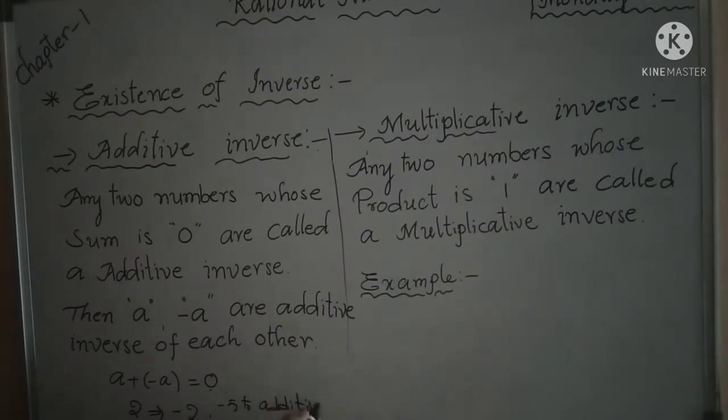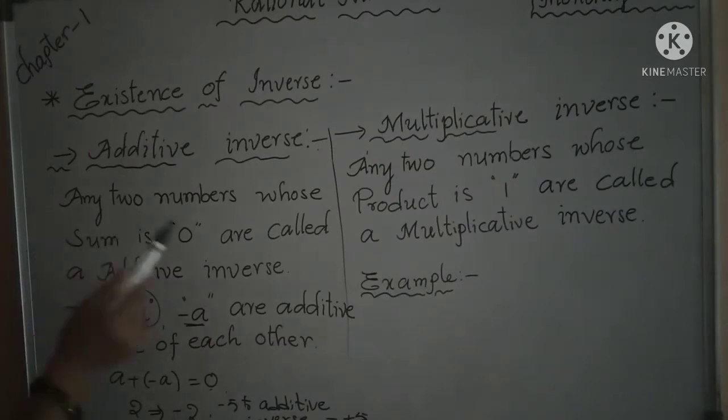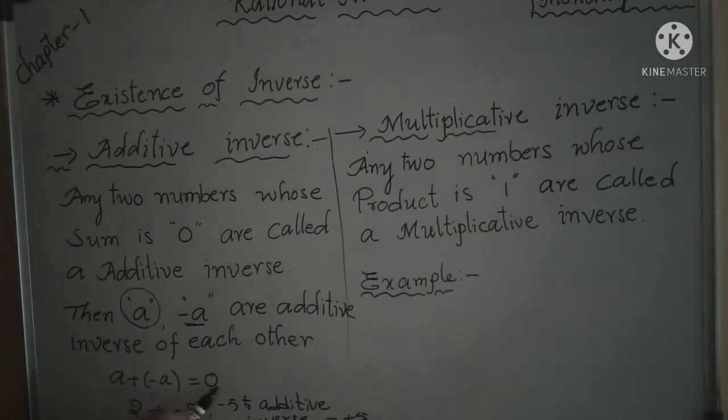is equal to plus 5. Understand here? So what is the equation here? a and minus a are additive inverses of each other. So the additive inverse of a is minus a, and the sum is 0. Any two numbers whose sum is 0. So a plus, where plus means addition, and the additive inverse is minus a. a plus minus a equals a minus a equals 0. Understand here? It is the additive inverse.